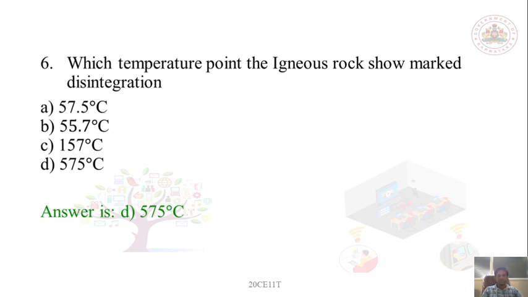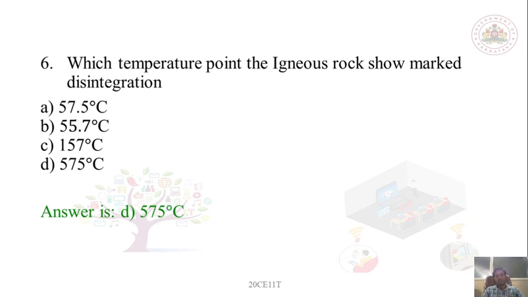This must be the 7th one, the numbering has changed. At which temperature point do igneous rocks show marked disintegration? 57.5 degrees centigrade, 55.7 degrees centigrade, 157 degrees centigrade, 575 degrees centigrade. The answer is